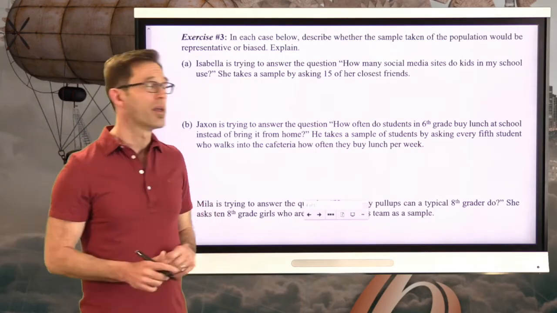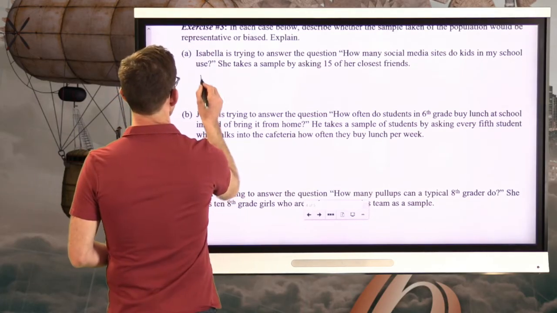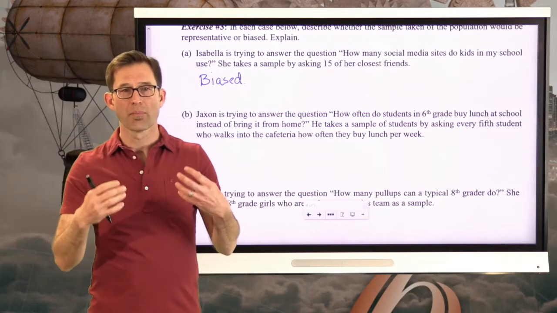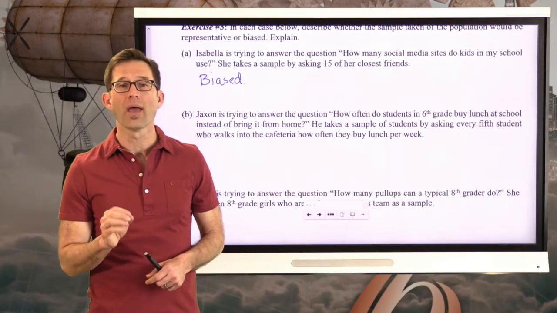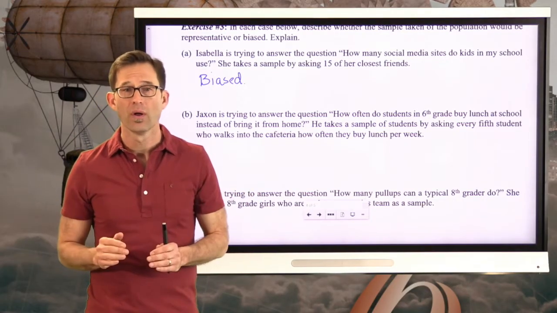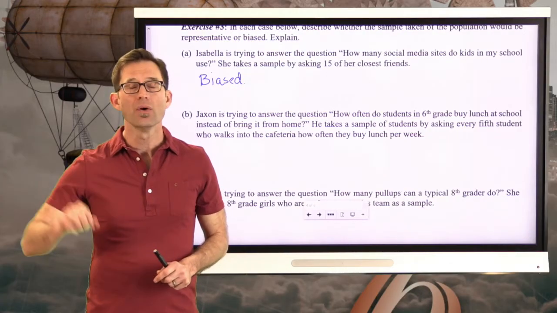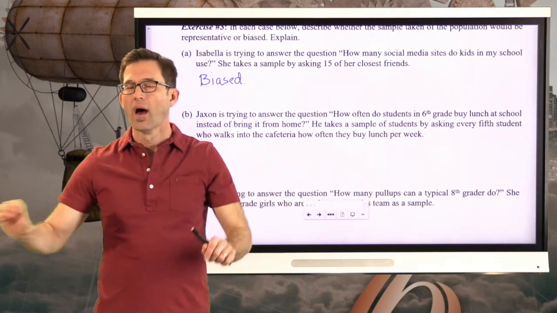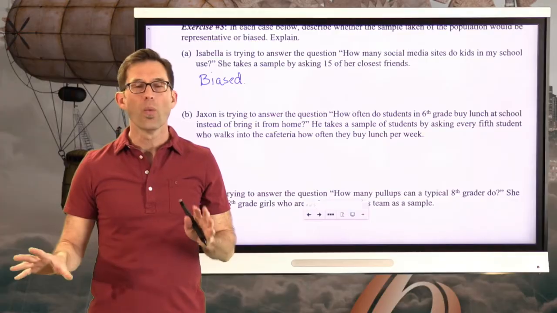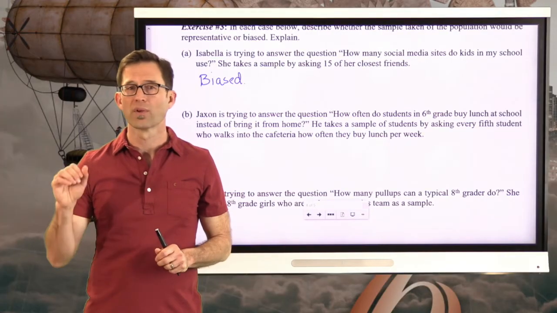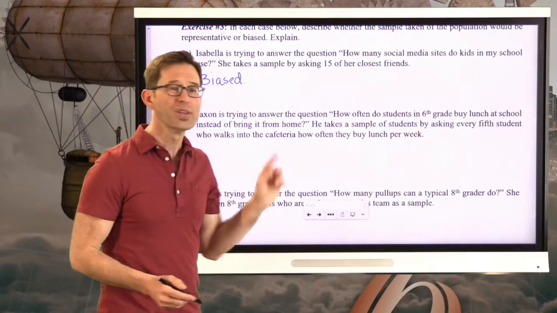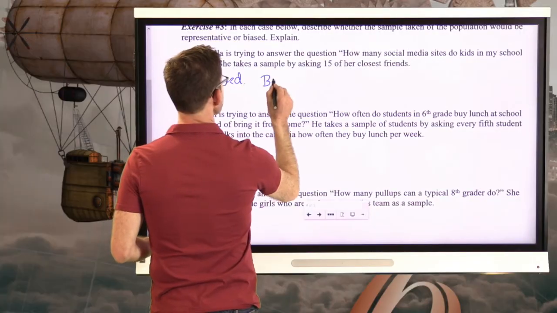All right, well, it's likely going to be biased. All right, and let's talk about why that is. When we do a sample of a population, we want it to be as random as possible. Random meaning that, like, I'm literally closing my eyes and I'm just grabbing test subjects, right? I can't see them. I don't want them to be in any kind of particular order. I don't want them to come from any particular group. I want them to represent the population as a whole. So this one is biased, and it's because